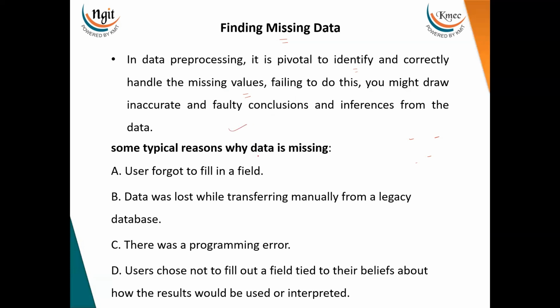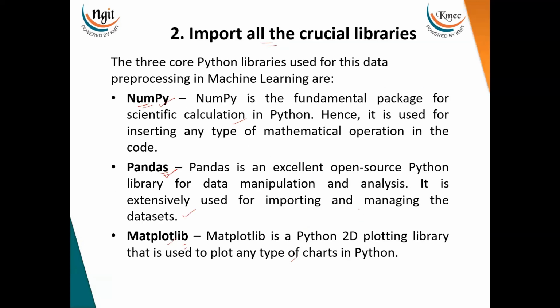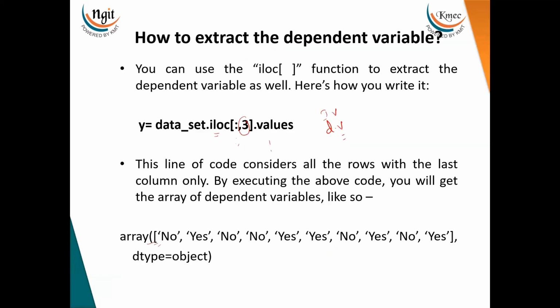And what are the reasons why data is missing? Maybe the user forgot to fill it in, or data was lost while transferring manually from a legacy database, or there was a programming error, or the user chose not to fill out a field about how the results would be used or interpreted. These are some of the reasons why we may find missing data in a particular data set. And then the next one is